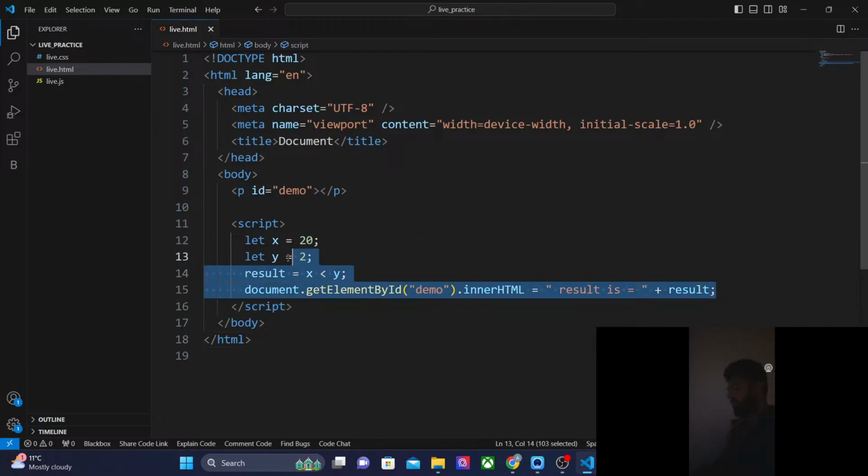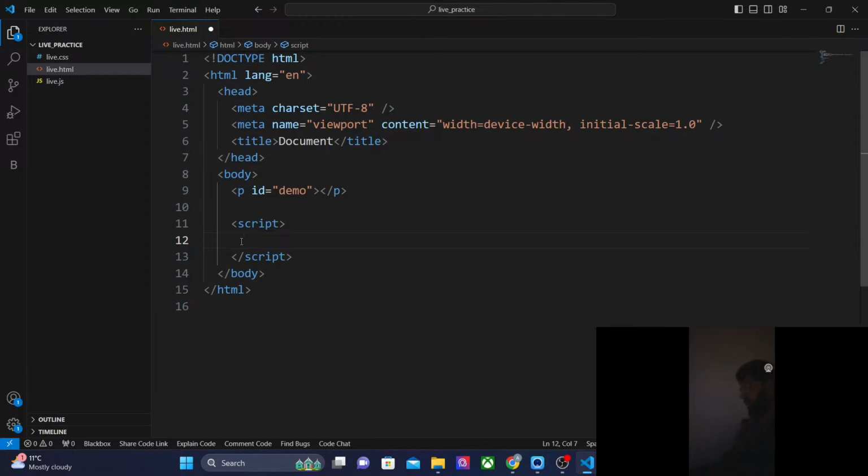Okay, so in the script what I have to do is show you functions here. So let person equal to a function. Okay, person equals to